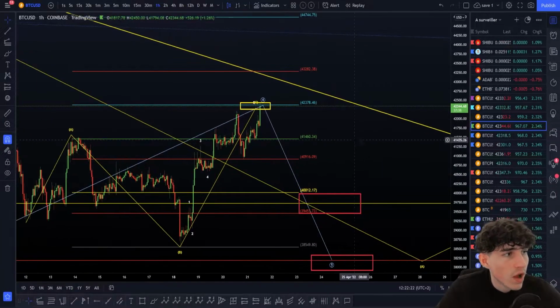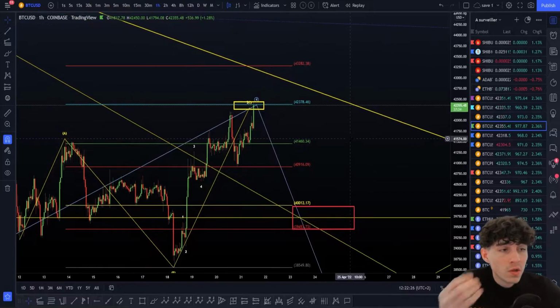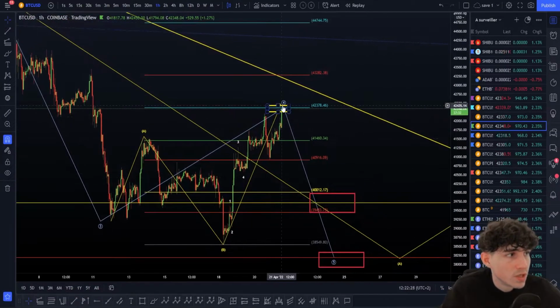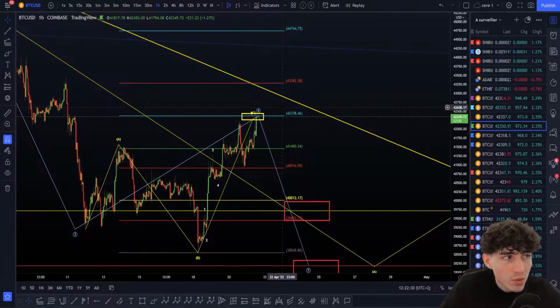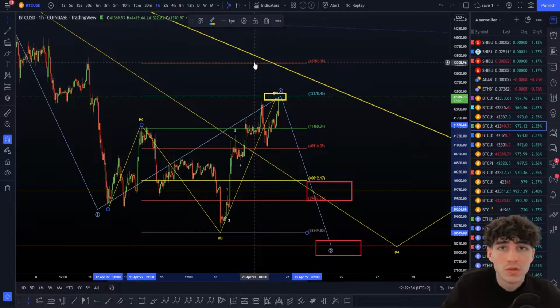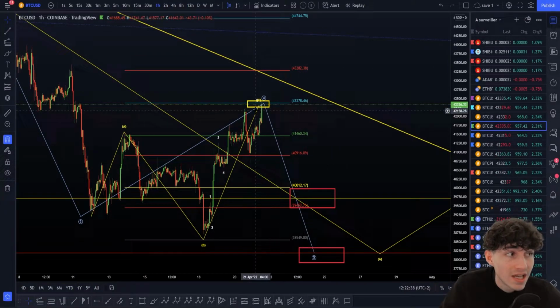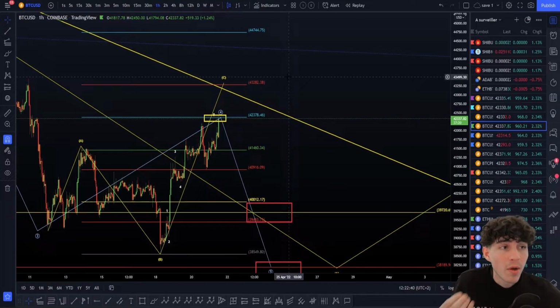Alright, sorry. So now we have tapped the target, we're now on the top, in the target here. So now there are two different possibilities. We keep pushing higher and higher. In that case, we can just look towards the 200% here. If the 200% here is tapped, don't forget this is an invalidation of this ABC flat. In that case, we can think about another pattern.